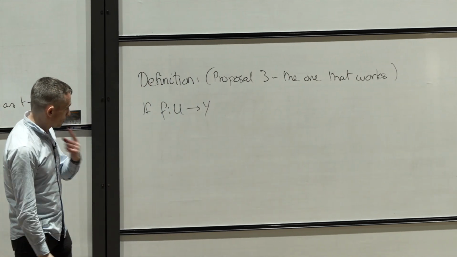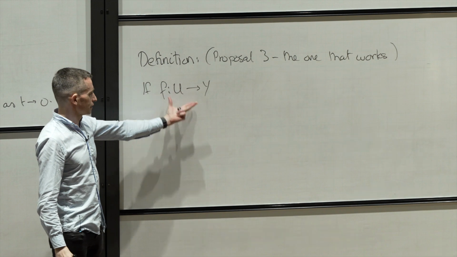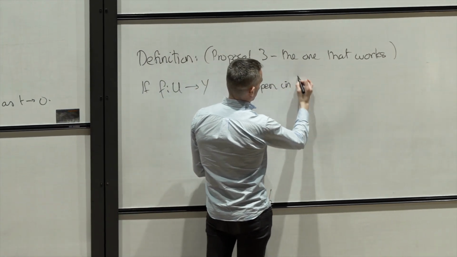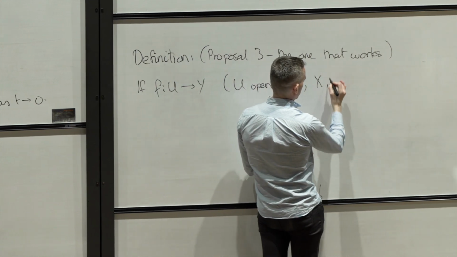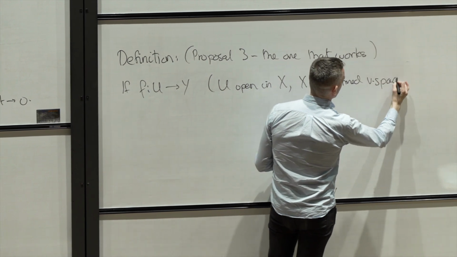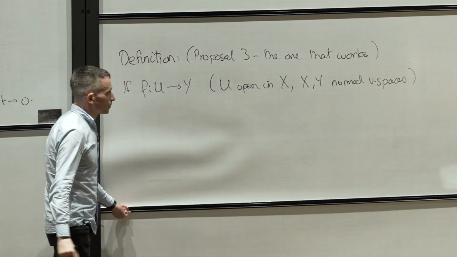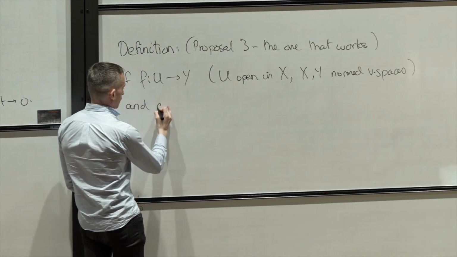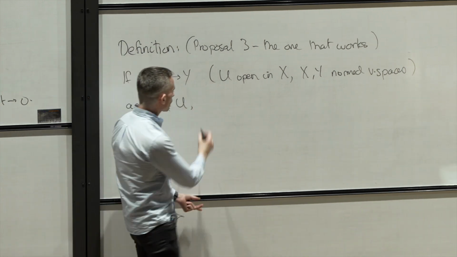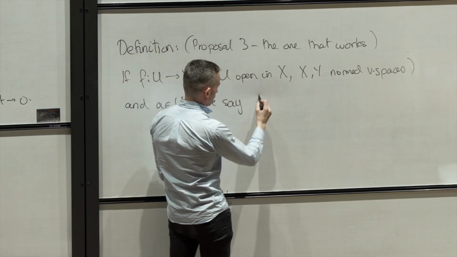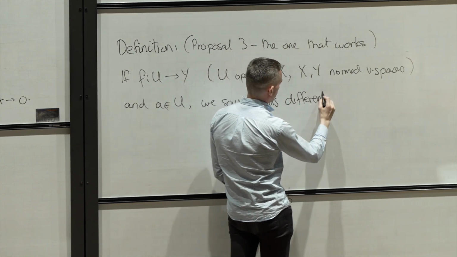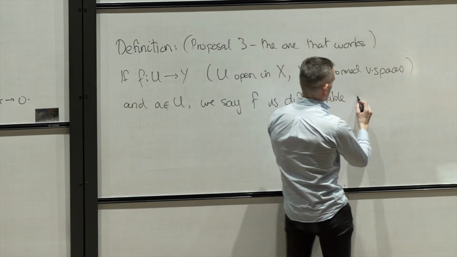If f is a function, so I'll try and keep this notation standard, from U open in X to Y, normed vector spaces, and A is a point in U, we say f is differentiable at A